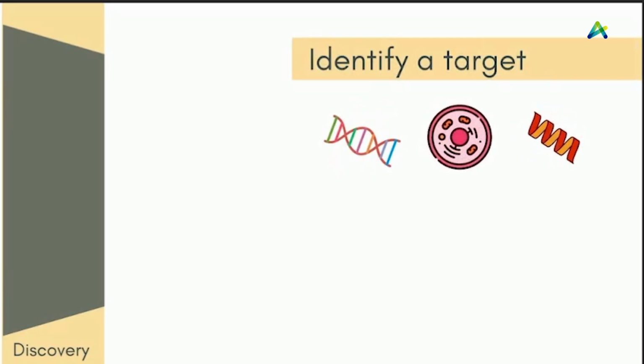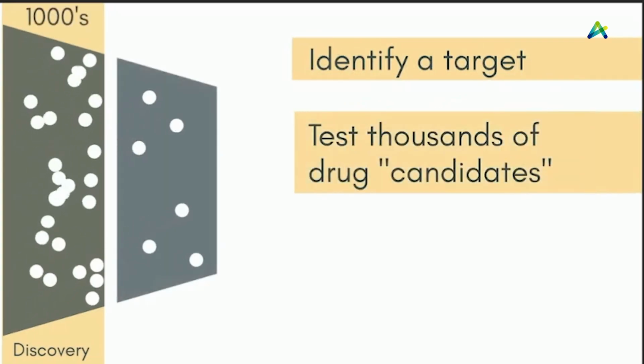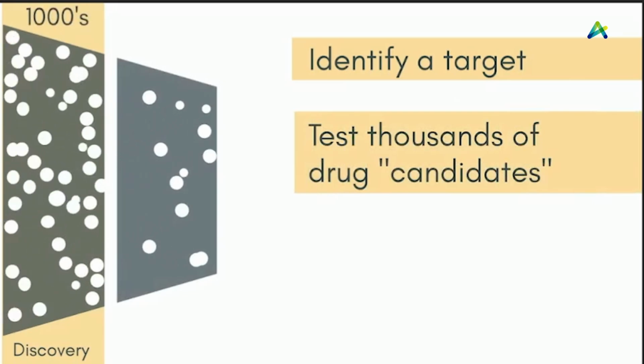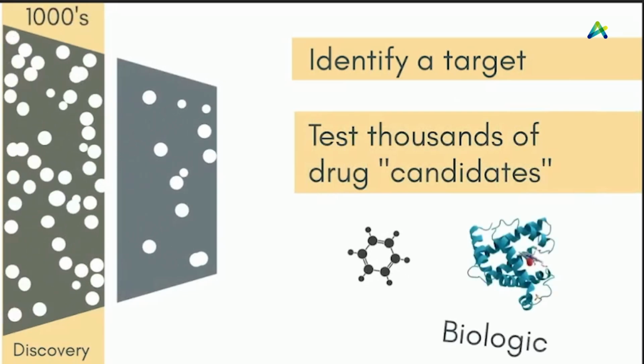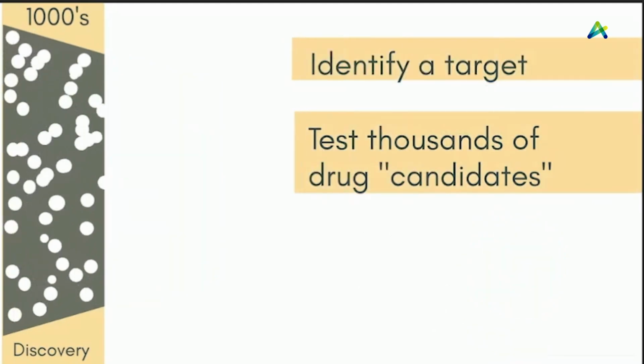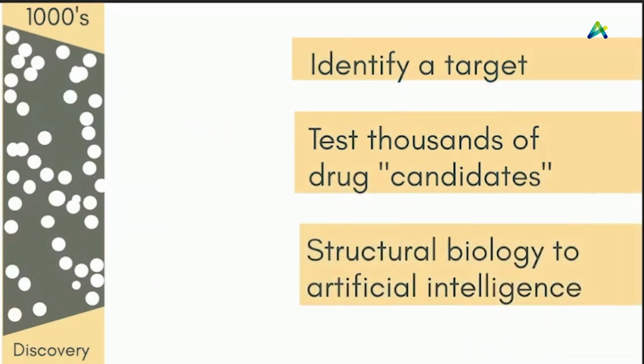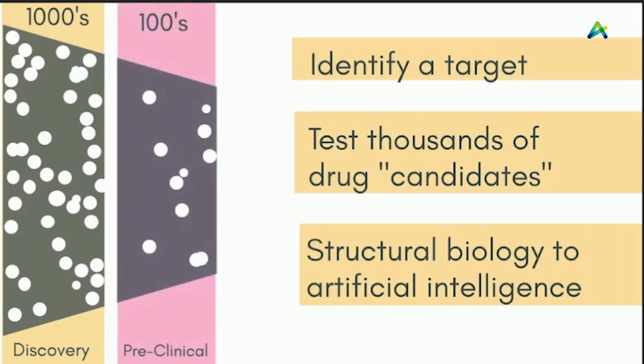leading to the condition. And they start with thousands of drug candidates to bond with the target. These could be small chemical molecules or large biomolecules or a biologic. Drug discovery requires heavy scientific lifting using techniques from structural biology to artificial intelligence. Of the thousands of candidates that start the discovery stage, only 100 or so make it to the next, preclinical